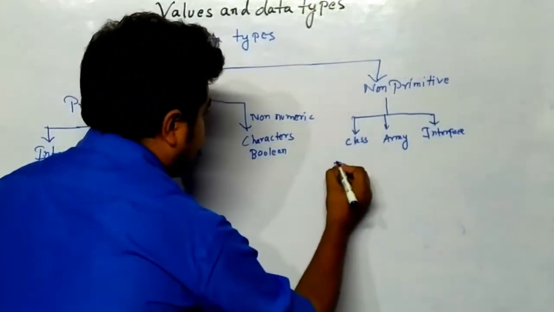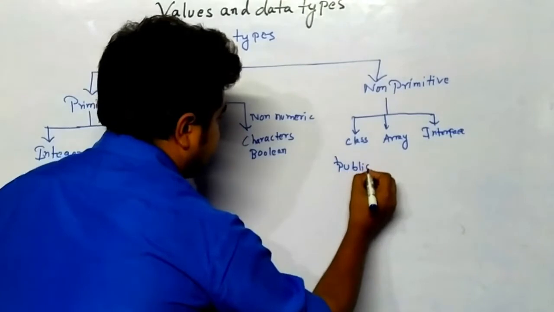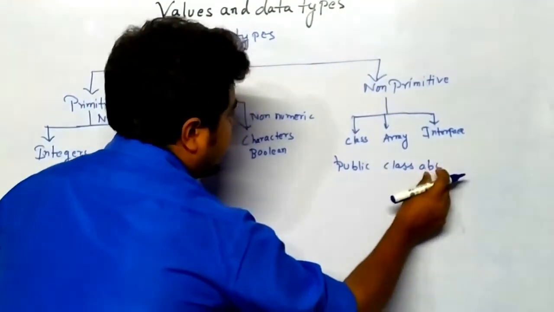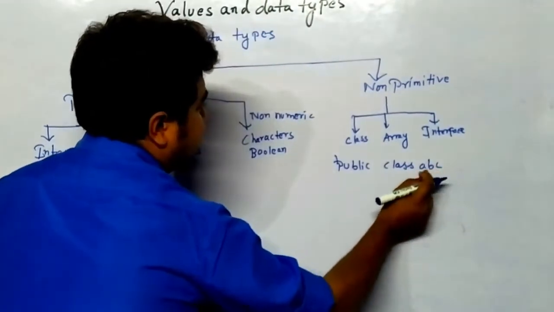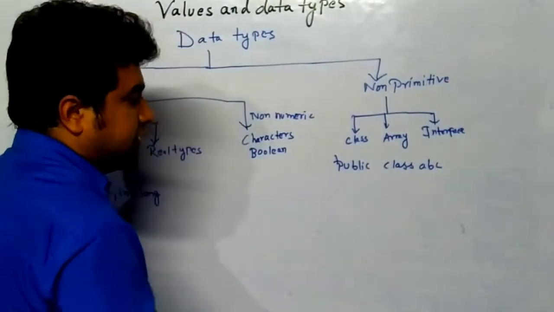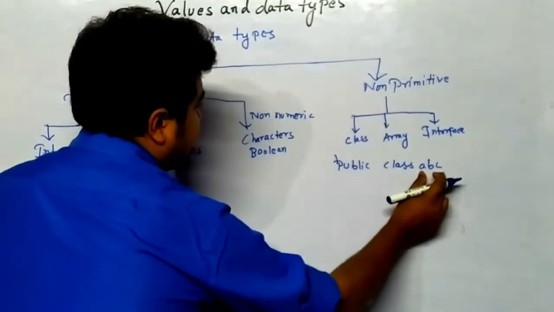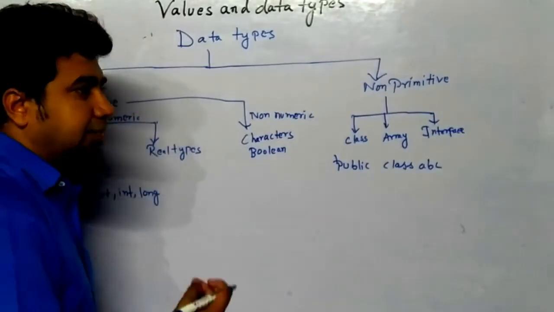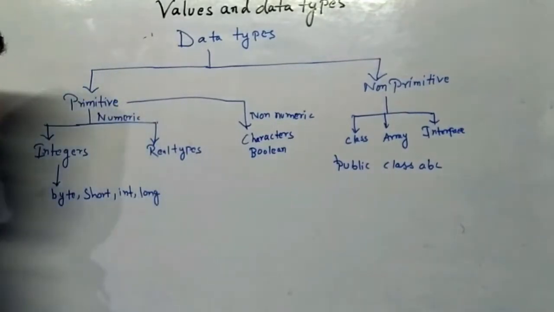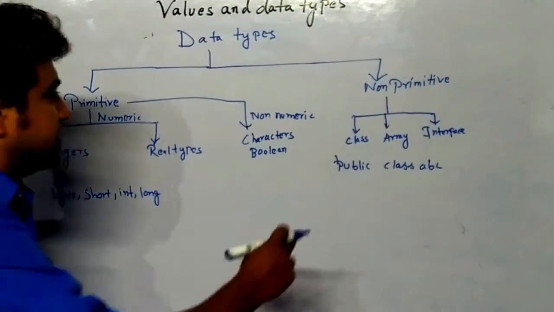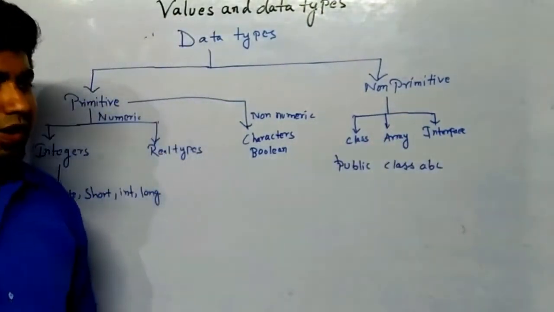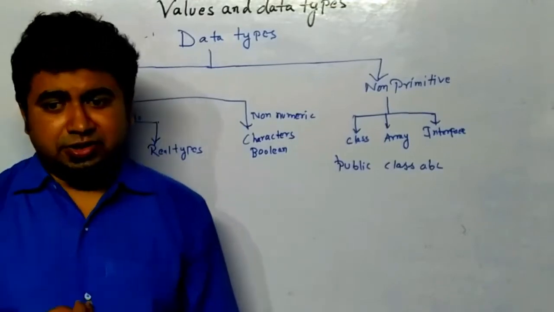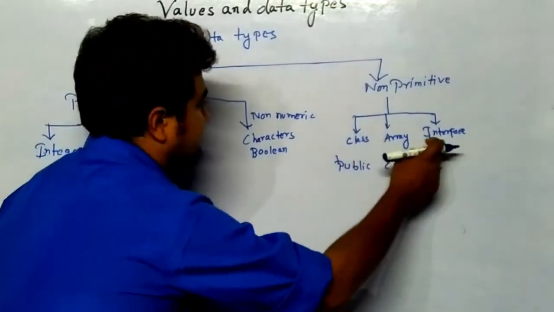We were naming, like, a public class ABC. ABC is one type of variable that is of type class. Means you can say clearly that ABC is a type of class. Class is user defined. It depends upon the user to define it. So you can see the other things, array and interface, we will be discussing when we proceed in the next part. In the coming chapters we will be discussing array and interface.